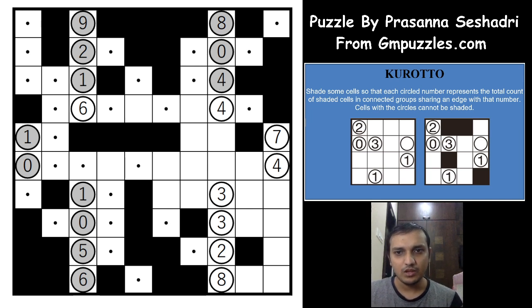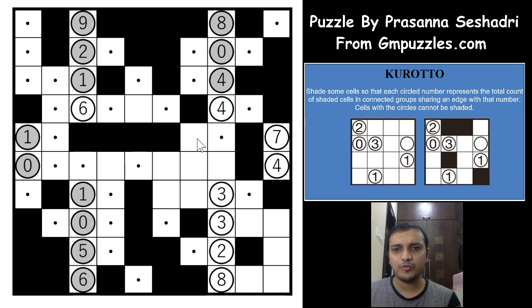Okay. Now for the 4, we know that this group of shaded cells will be only 3 because 4 is already done here, and the 3 cells will be this way. Then for the 4, the 1 cell has to be this way, right? And all the 4 cells cannot also be this way because the 3 and 2 will be violated. You cannot have 4 shaded cells in this white area, which means this has to be shaded, and we need to unconnect these 2 shaded cells, which means now what happens if this cell is unshaded?